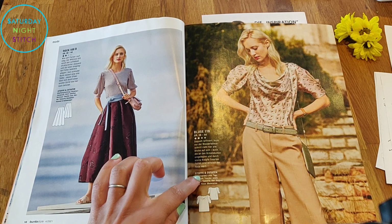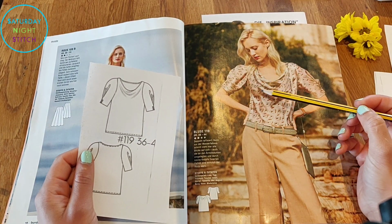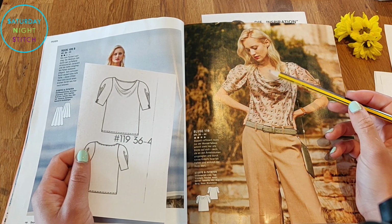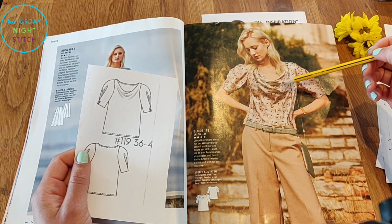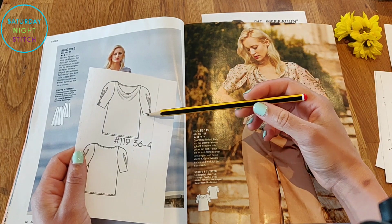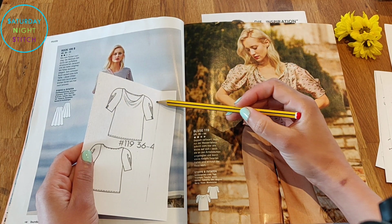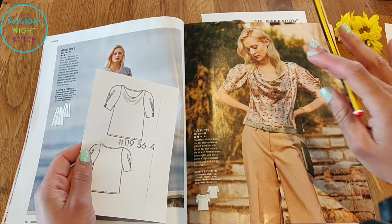And then over here, number 119 is a lovely cowl neck top, which has been made in like a silk print fabric, and you could easily make this in just a satin, a polyester satin, because you want that drape here to create that liquid metal look. And the sleeves are tulip sleeves because they've got some pleating over here, which if you look on the line drawing, it's supposed to give it a bit more poofiness, but because of the lightweight fabric, it doesn't translate quite